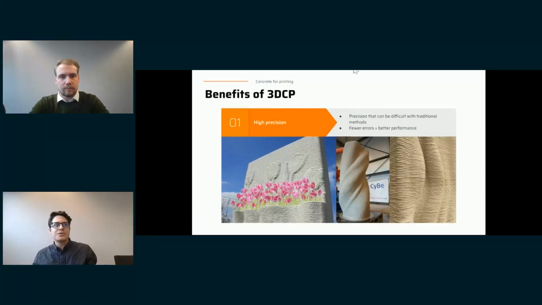For example, one that comes to my mind is the high precision one, because since we are using heavily beam, the machine, and we are using robots, the machine deposits the material exactly where we want it, and we can obtain a very high quality and also very complex shapes. For example, if you see the second picture, you can see a very nice finishing, because first we print, and while we are printing, we can polish that part in order to have this kind of finishing.